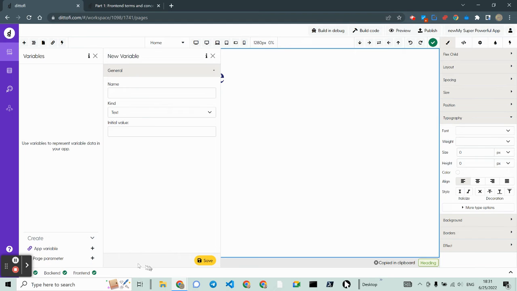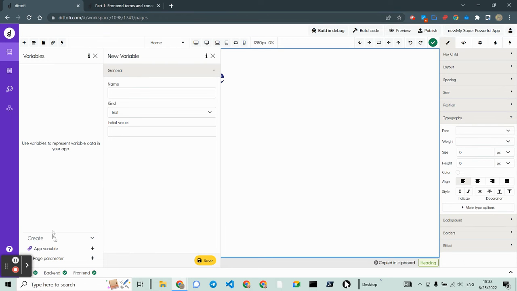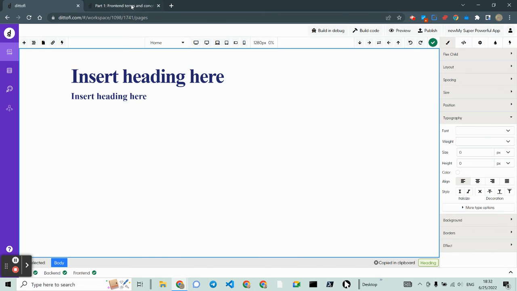Oh, wait, do I want an app variable? Is that what they wanted? Yeah, app variable. All right. And so I'm going to call this username, and the initial value will be Lady Gaga. All right. So I save that, and I close this over here. And now